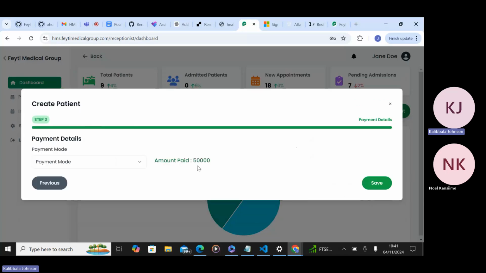Then the next section talks about the payment details. That is, if they used cash, card, or insurance, they probably used cash, and this is the amount that they should pay that we set earlier on. Then we can save this record,